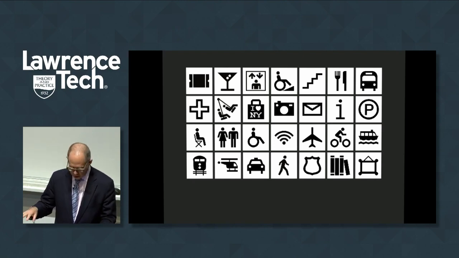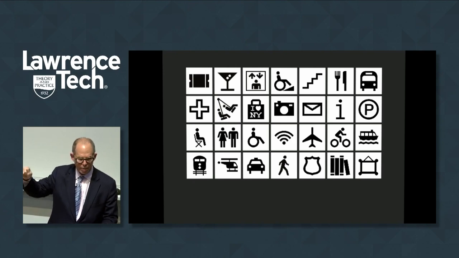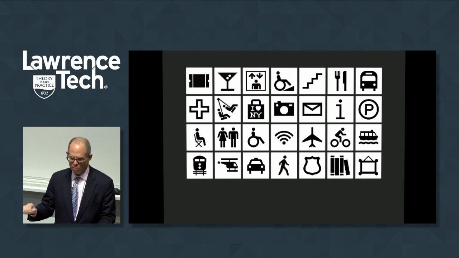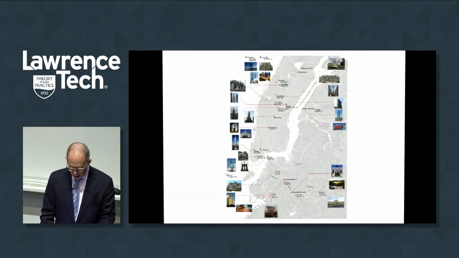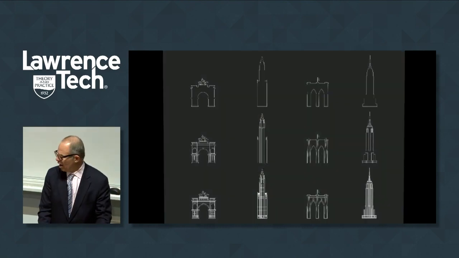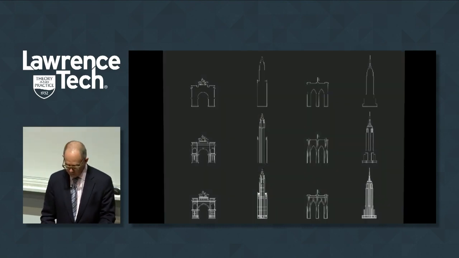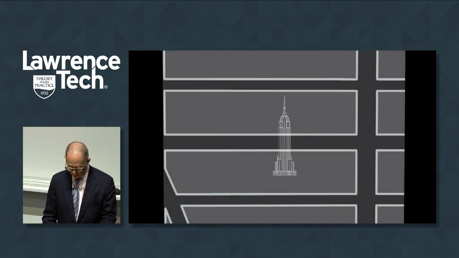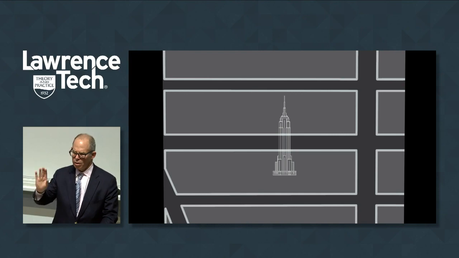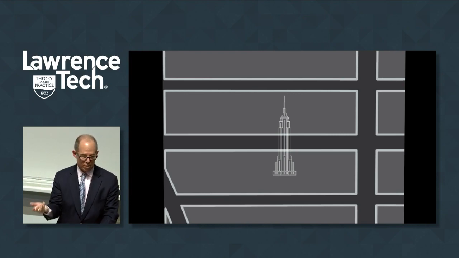So we changed some of these. We changed the shopping bag so it has Milton Glaser's I Heart New York logo on it. We changed the bike so it looks a little bit more like a New York City bike rental bike, a city bike. And then we also had to do a bunch of icons for landmarks that people use to navigate. And then we had to make some decisions about how we would do that. Would it be really simple as shown on the top or more complicated and detailed as shown on the bottom? And we ended up with this idea of putting these flat ghosted buildings in positions like here,